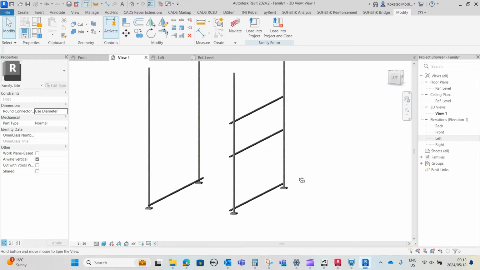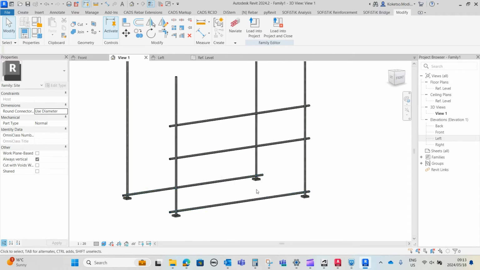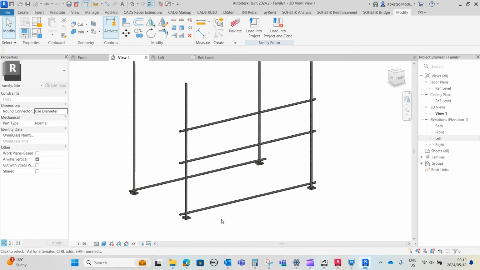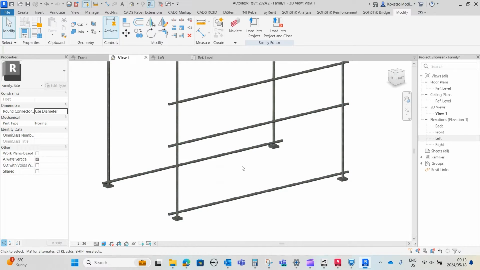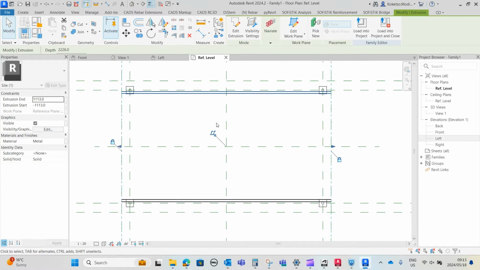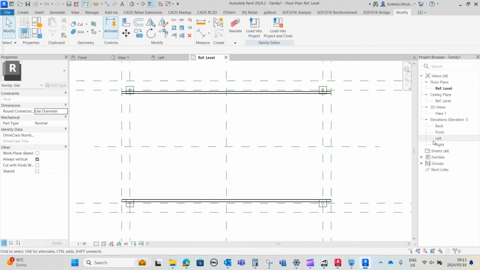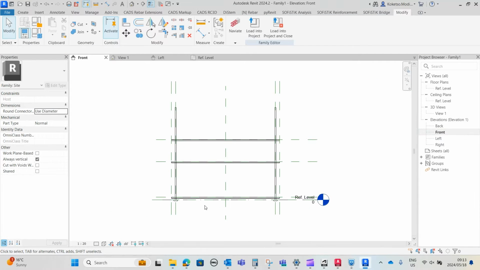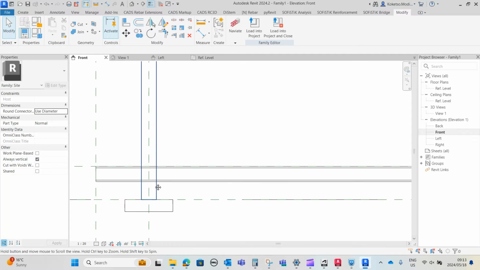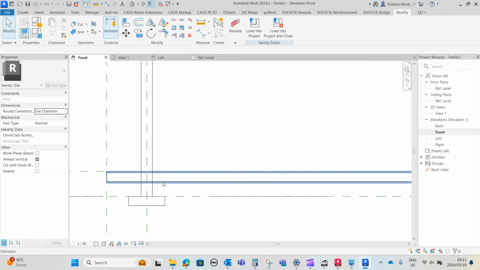Let's go to the 3D view. So this is how it looks. Now the next thing is I'm going to place my steel pipes that are running across like this. So I'm going to go to the reference plane, and actually I'm going to go to the front elevation. So on the front elevation,